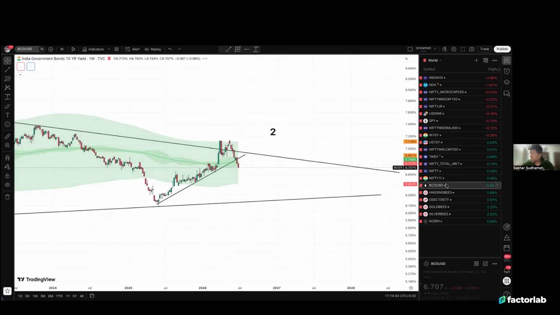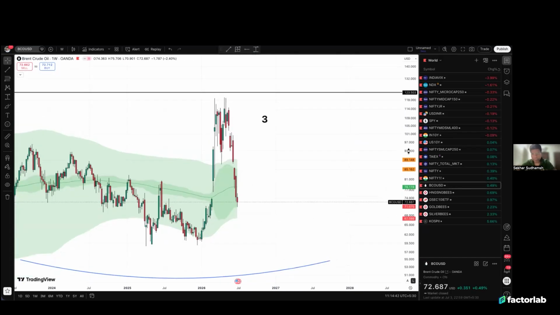Now let's look at the third chart, which is the oil. Oil, after touching the higher $125 levels, has now started moving back in a decisive way. There is no hold, it is free fall. It has come to almost $70 to $75 level, where it was before the Iran war started to escalate. These were the levels that were seen, and now we are at that level exactly. So India's balance of payments, because we are the largest importer of oil, that pressure will completely subside now. We are back to normal now.